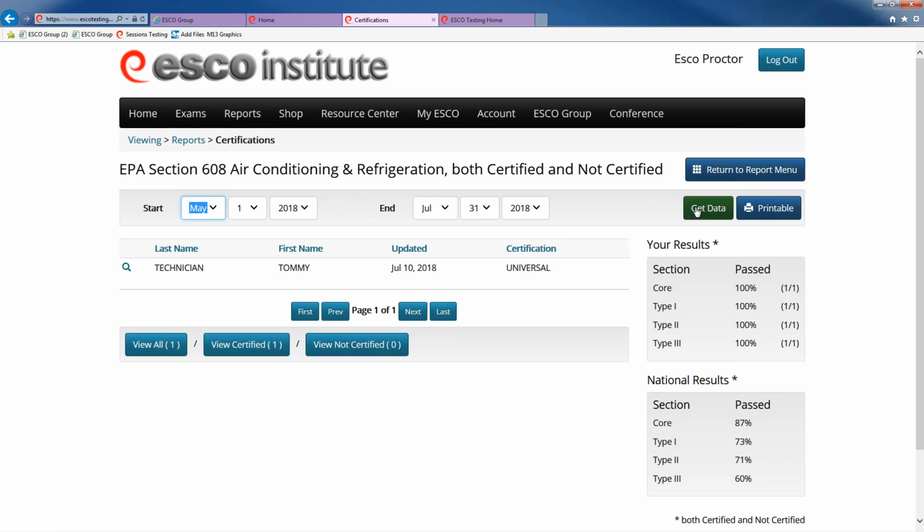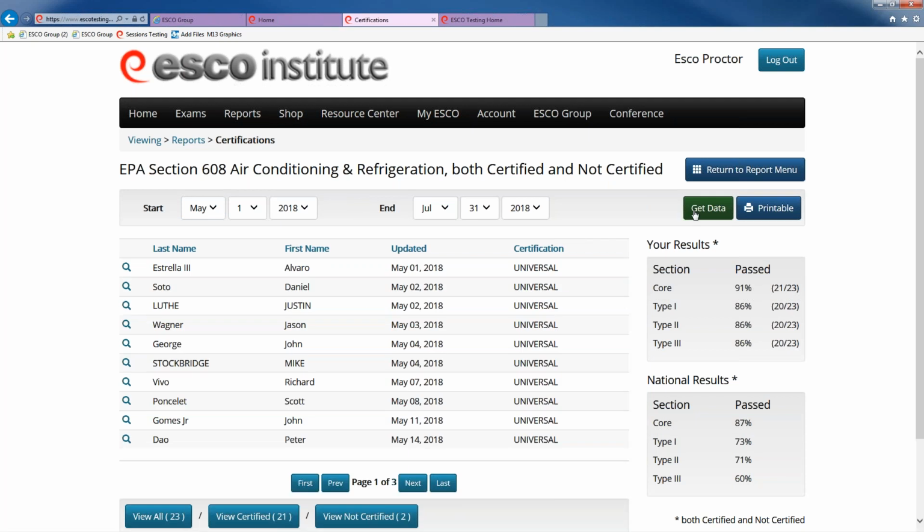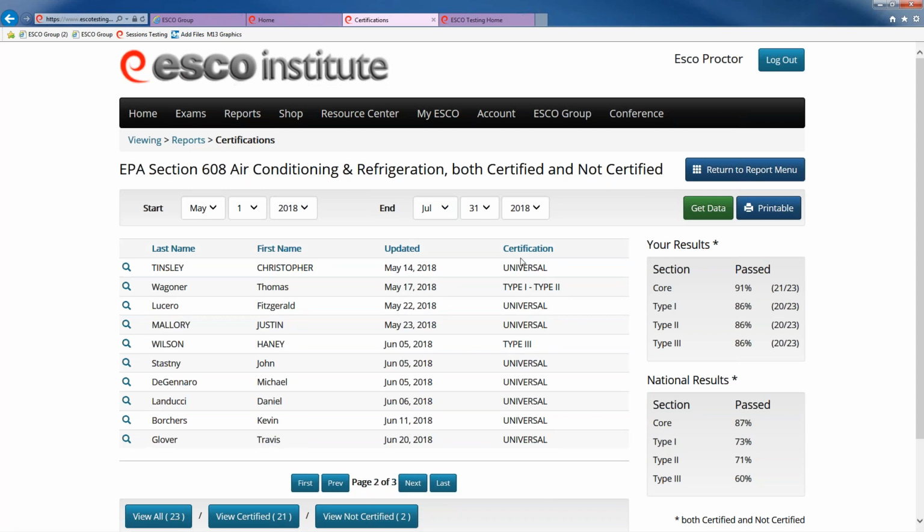So I'm just going to set this back about 2 months. See if we can get it to pull the data there. And you'll see my list of candidates, and you'll see that it shows their actual certification type. On the other report, we were looking at scores. On this report, we can actually see the certification type they've achieved. Okay, so this might be a little bit easier way for you to look at it if you didn't want to try to interpret scores.